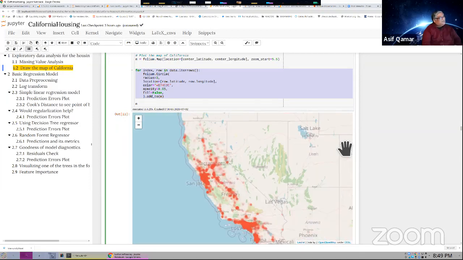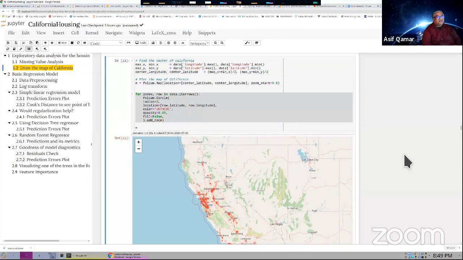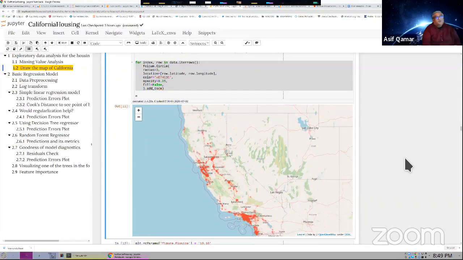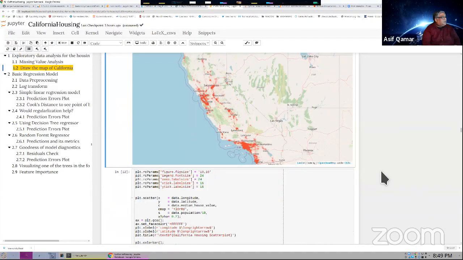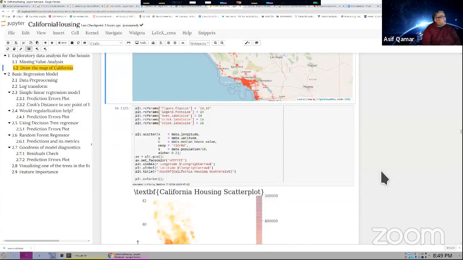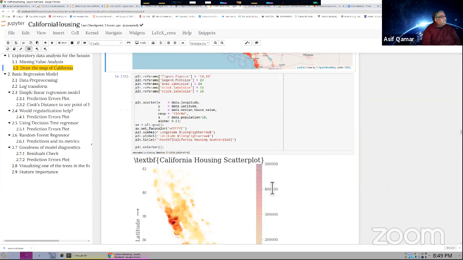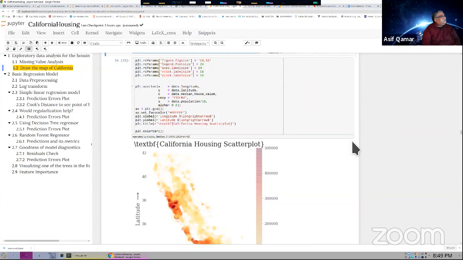Anyway, so this is it, guys. So do you see how nice it is? How quickly you can create maps in Python. So these are all the tools of data science people use. It is good to know how to make maps if you have geospatial data. Right? But you don't need to make maps. You can just draw a simple scatter plot. If you just did a scatter plot of the data, you would realize that you would get exactly the same thing